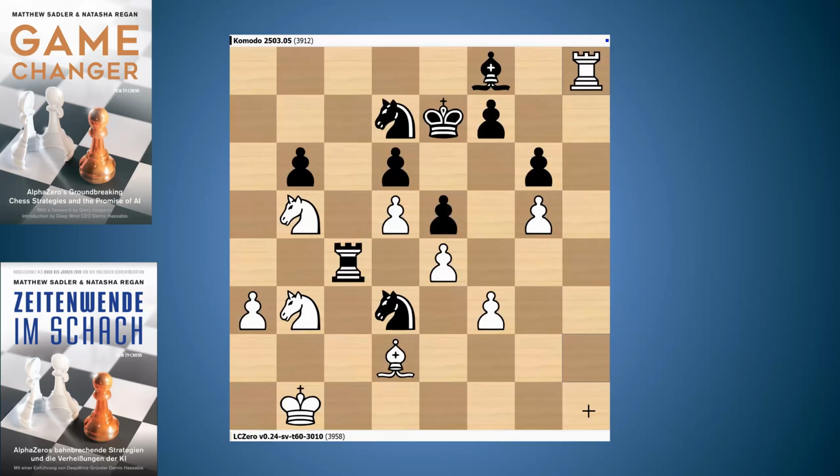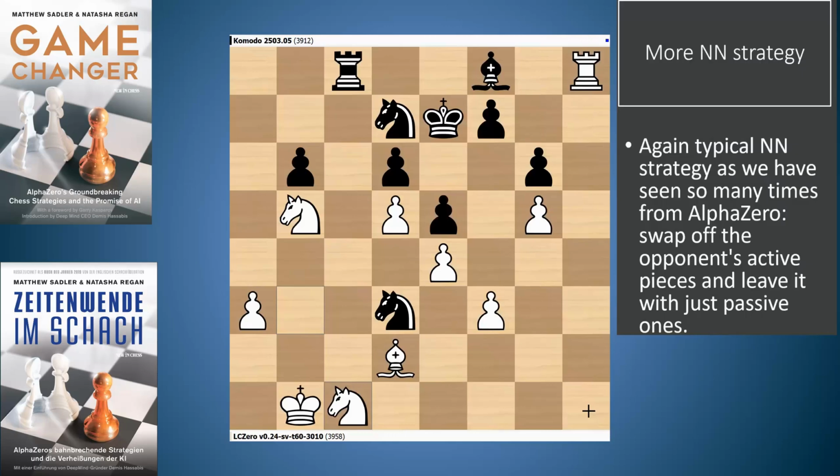Well, the reason for that is that Leela spies just a number of ways to improve its position further. And, well, I mean, the black king is going to be pretty tight as well. So, rook c8, knight c1. This is a very typical idea. Going to exchange off Black's active piece again. So the knight on d3 is probably Black's most active piece. So just Leela tries to exchange it off. So knight c1, bishop c1,